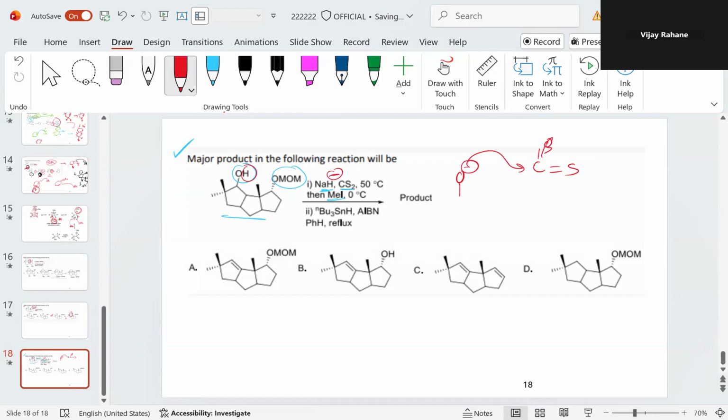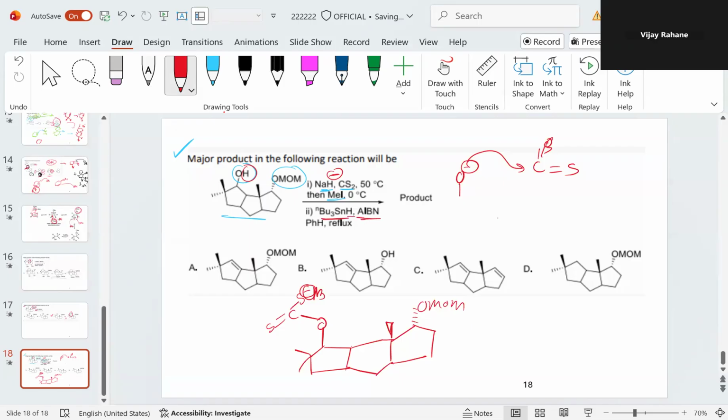So this is the intermediate we get: S negative, and if you add the methyl iodide, it will be O, I think like this, SCH3. Then we have the